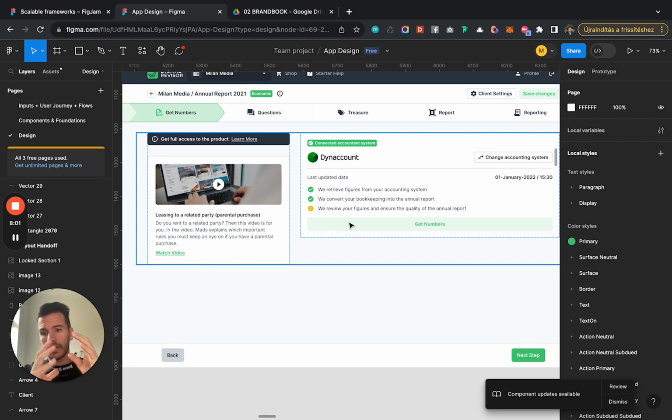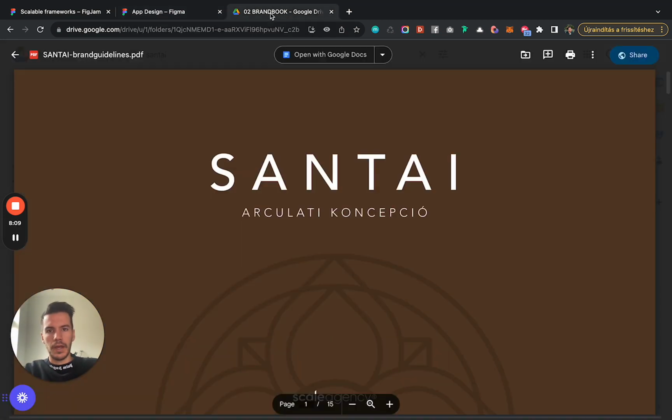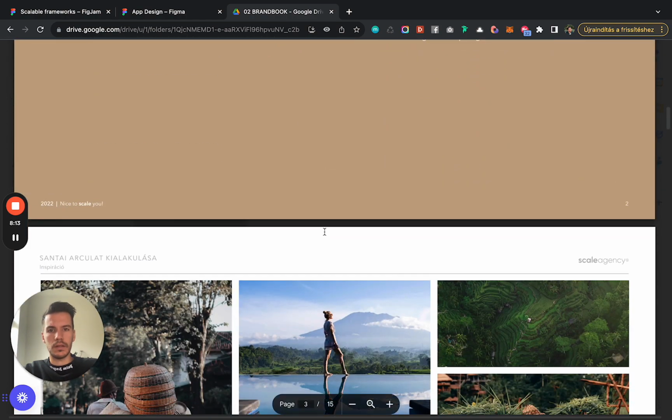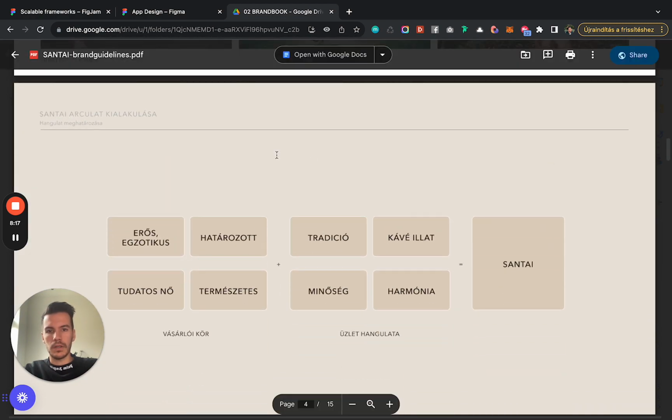And here it's the same in the web designs, and the same method goes for flyer design or anything. And in the brand books you can see the concept, the mood board of the brand, also the main components of the brand,